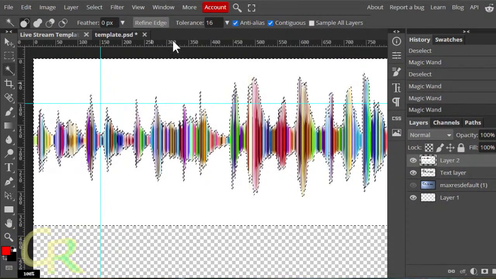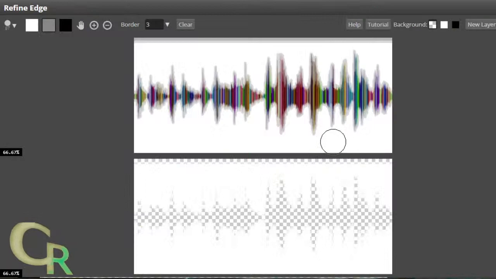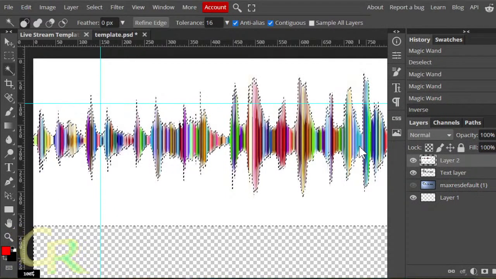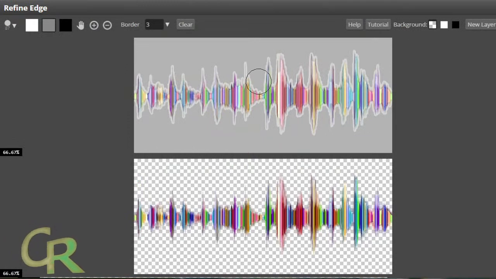Select it on the white, refine the edge. I think I have the inverse selection, Control Shift I. Refine the edge. Yeah, that might be pretty good actually.